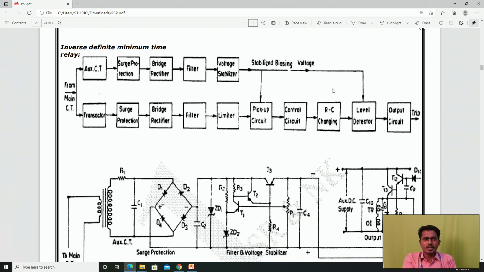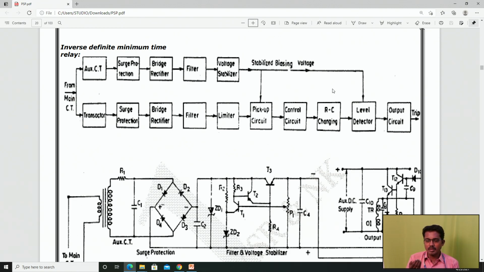So this is the block diagram that we are seeing for the inverse time, defined minimum time interval. Okay, so we are getting the input and making some sampling, doing it as a sample and hold circuit. From that we go to the processing circuit. Then the remaining things are carried out by the control circuit, RC charge changer, and level detectors. We are getting the data, utilizing the data as we need, filtering it, and checking the limit.